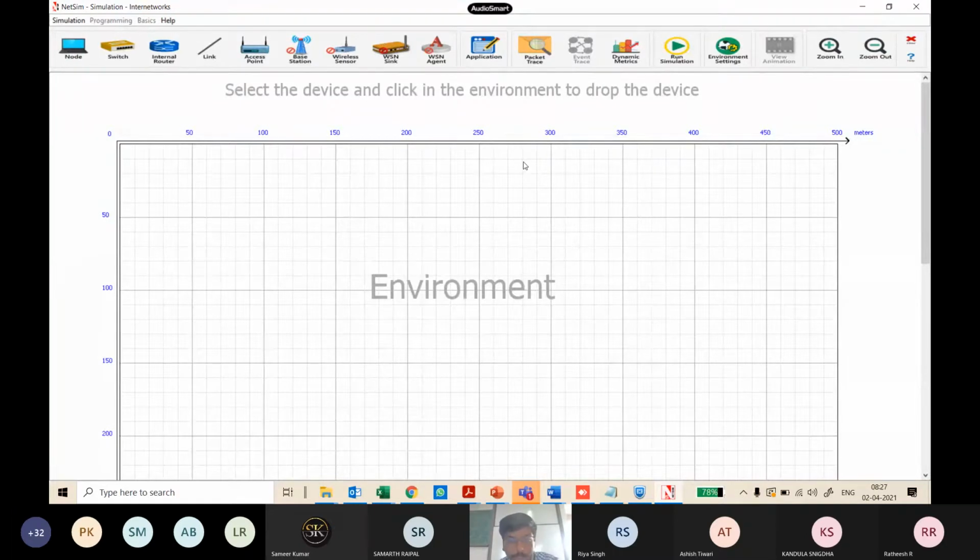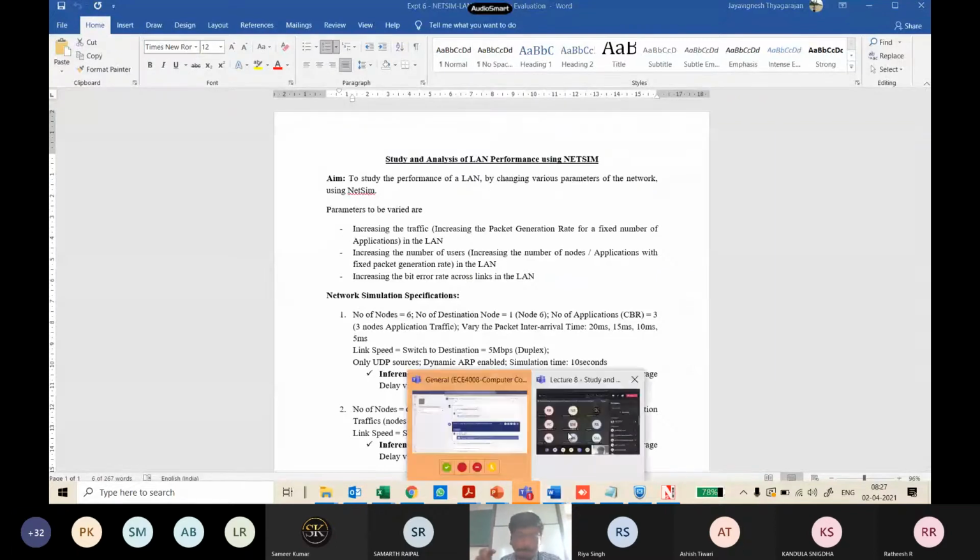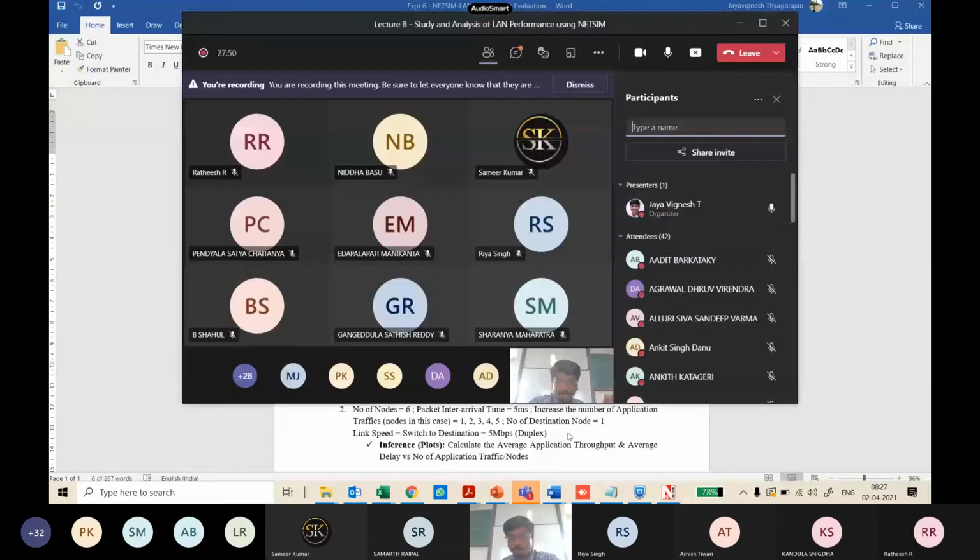So that is what we're going to do. So we are going to just simply drag and drop. Okay, so what I'm going to do now is the task. If you see, I'm asking you to use 6 nodes, but I will be showing the demo with only 4 nodes, right? So when you are trying to build, you are going to add an additional 2 nodes and scale up your design.